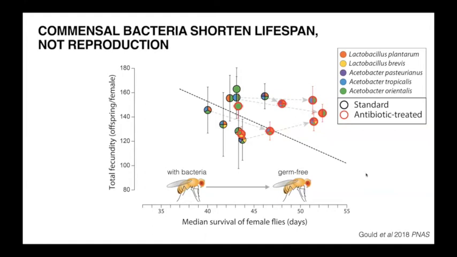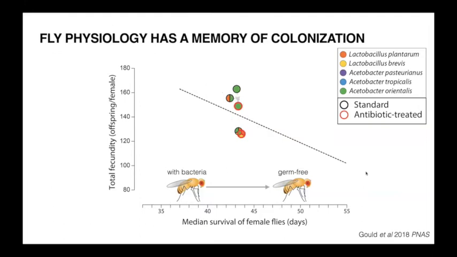Interestingly, if we look at this subset, there's the green association, these Acetobacters, and then this triple association between the Acetobacter orientalis and these two lactobacilli did not increase their lifespan when we removed the bacteria. So there's a memory, a physiological memory of having bacteria in these flies. This is a lifespan of 6 weeks, and we removed their bacteria at 3 weeks. So they've been living just fine, and then all of a sudden they die